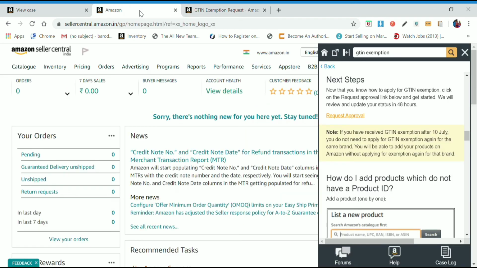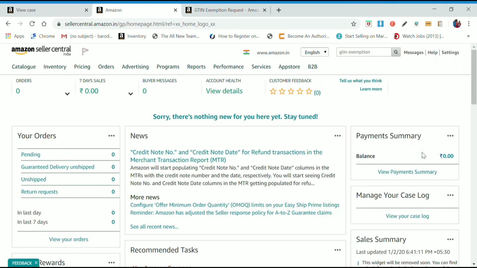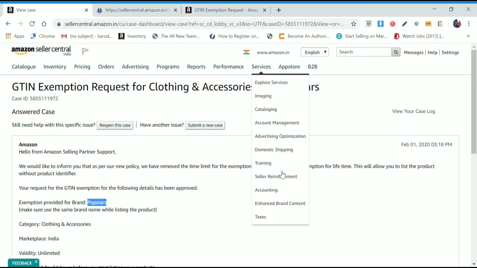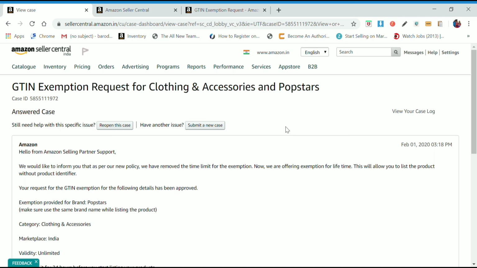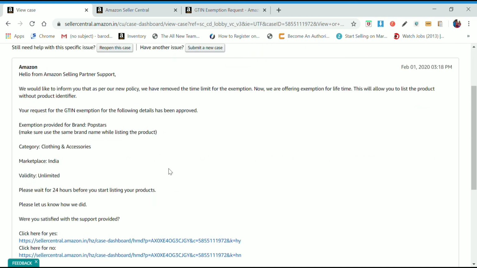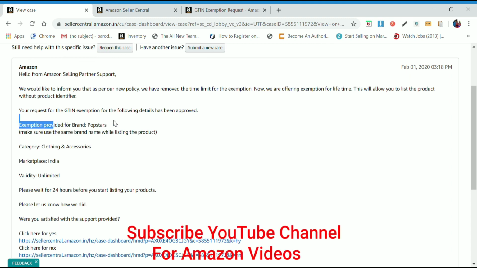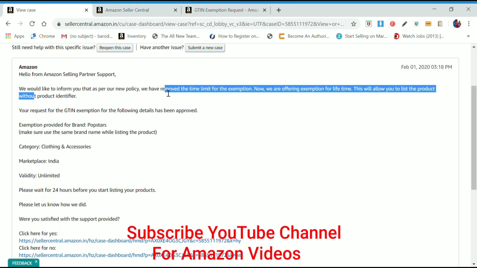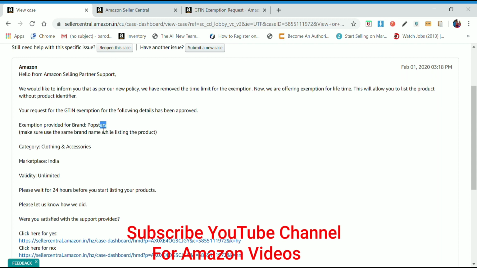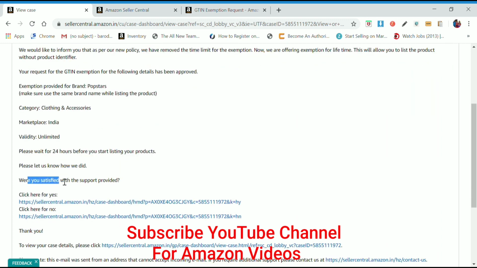Within 15 to 20 minutes you will get an email in view your case log. You need to click on view your case log and now see, I've received an email from Amazon that your GTIN exemption has been approved for the brand called Popstars. Now you can list as many products as you want under the brand name Popstars, and this exemption is for the lifetime. You can add products within 24 hours, and the next option is